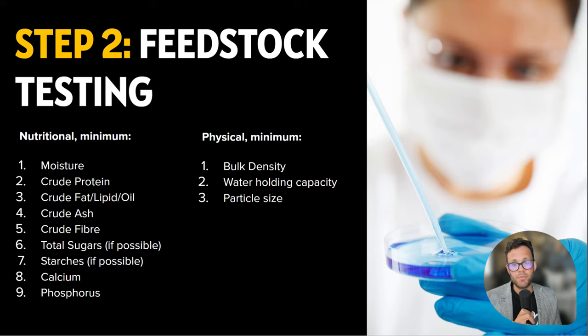to formulate feeds. And so in terms of the physical data, obviously insects live inside their feed. So when I say physical data, you could also mean environmental data. So unlike other animals, BSF are living inside the feed. They're not just eating pellets. And so how the waste behaves, is it sticky? Is it thick? Is it difficult to eat or consume for those reasons? That's going to affect your feedstock economics greatly. So you want to record these kind of things like particle size and density and water holding capacity and at